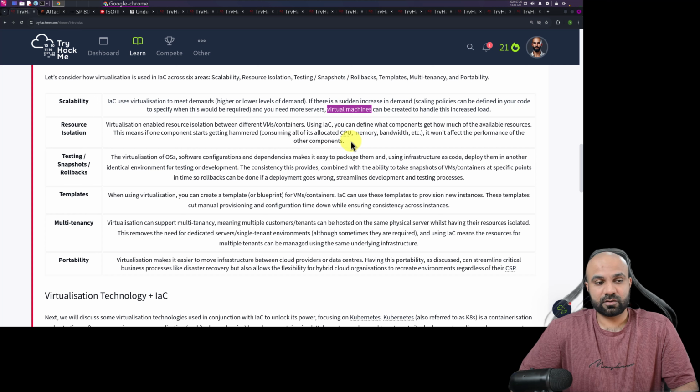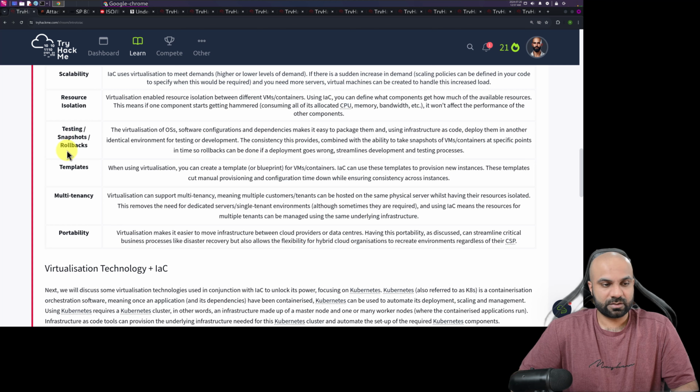Okay, so what happens is if we allow them to go beyond these resources, then it will impact the overall stability of the whole ecosystem. Okay, so that is where the resource isolation will come into place. Testing, snapshots, rollbacks. The virtualization of OS, software configuration dependency make it easy to package them, and using infrastructure as